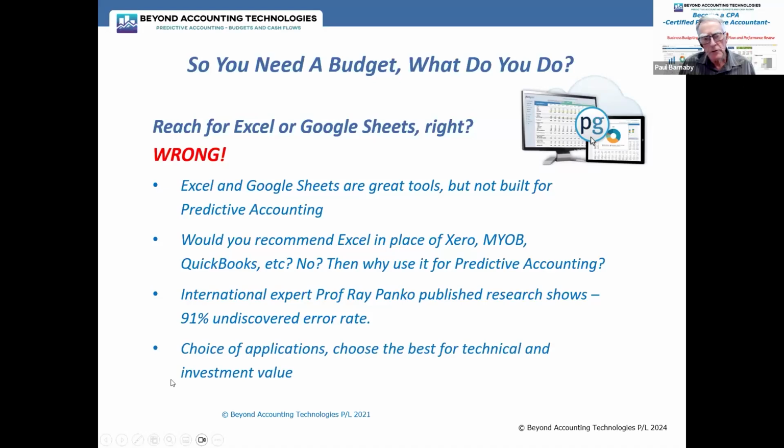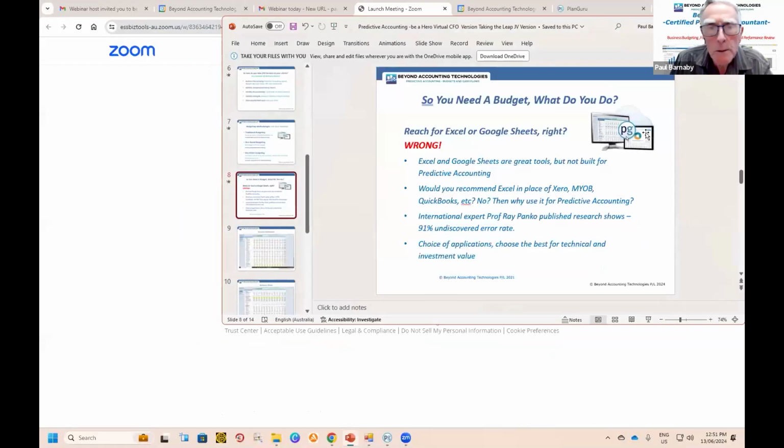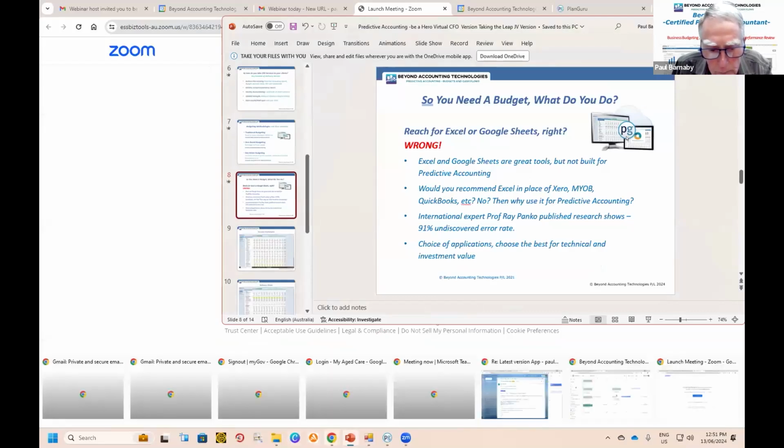And that's what I'm saying. There's a choice of applications out there. You just need to choose the best for technical investment value. And on that note, I'm just going to go into, I think PlanGuru is open.